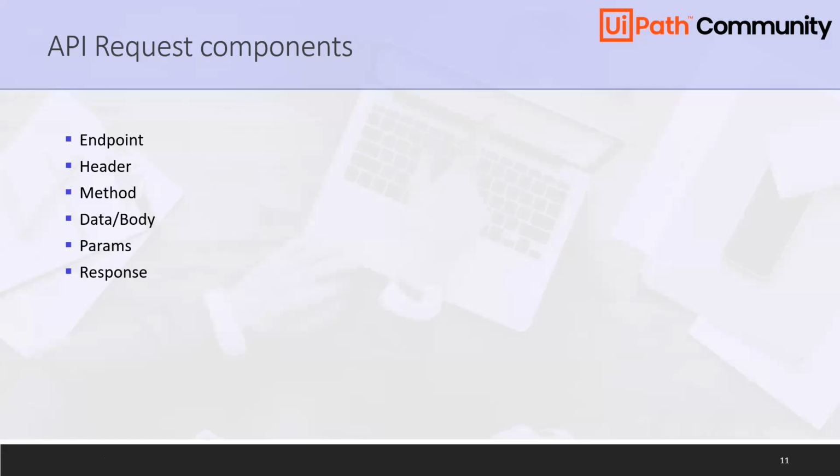So we have seen what an API is, an example of an API, and the types of API, REST and SOAP. Next, the components of an API that we use while calling it. The first one is the endpoint. It is basically a URL or a path for the API request. With the help of the URL or path, we can call a particular API.